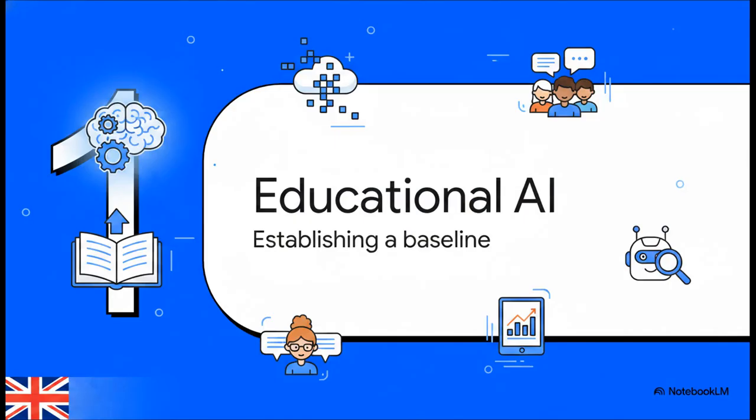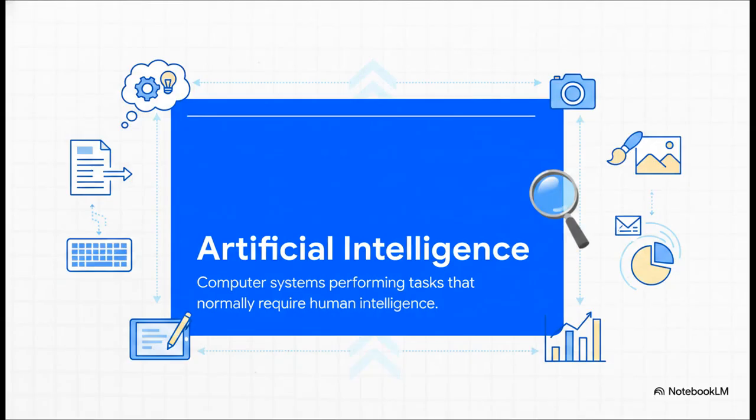Section 1. What is educational AI? At its absolute simplest, artificial intelligence is all about computer systems doing things that normally require human intelligence. Think about the capabilities we have now. We're talking about software that can instantly generate text, answer really complex questions, create brand new images, and analyze mountains